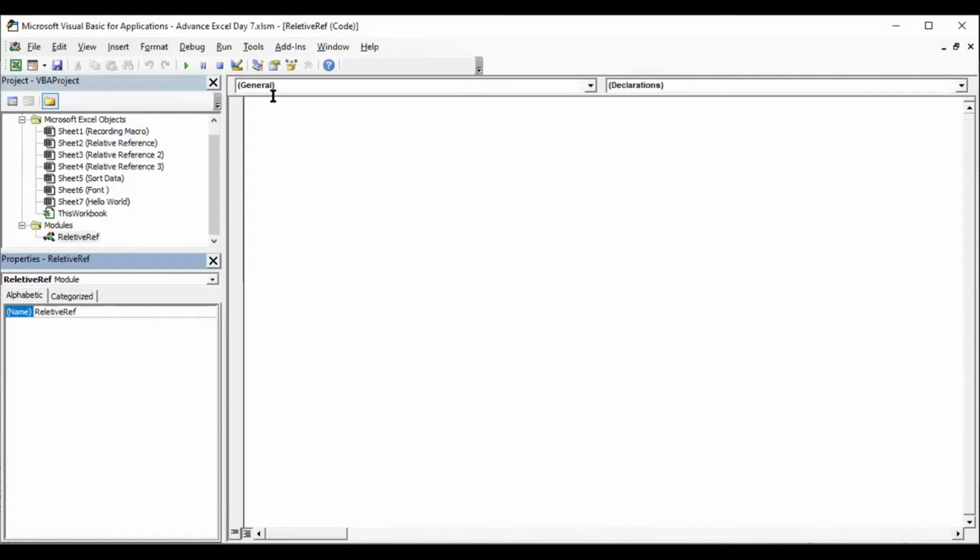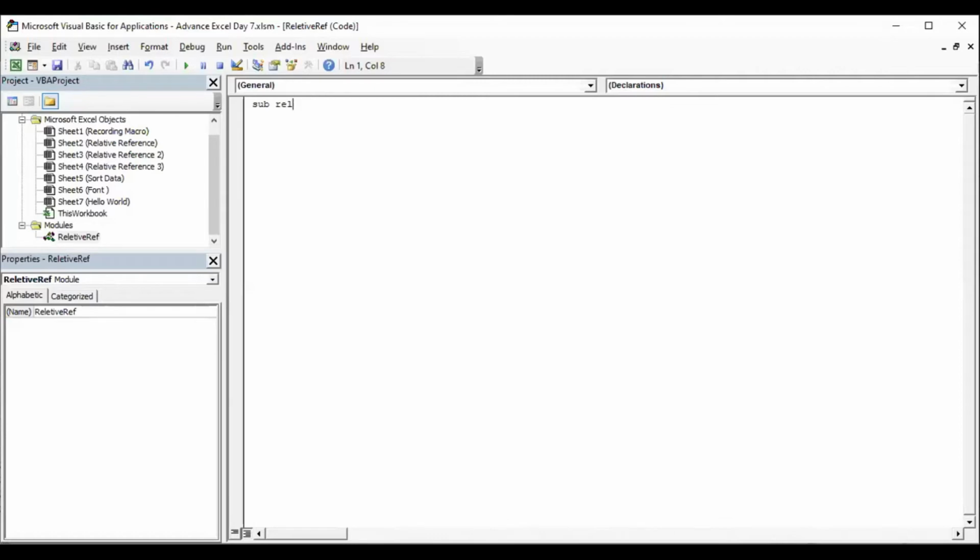Now, whenever we write any programming in VBA, it starts with something called sub. This is called a procedure. The procedure is where we basically develop any kind of code or set of instructions which we give to Excel to execute and run. The procedure always starts with sub. Say for example, I want to start a procedure or any macro, like relative reference, which we have already written. I'm just giving an example, although we'll be doing it in a practical way.